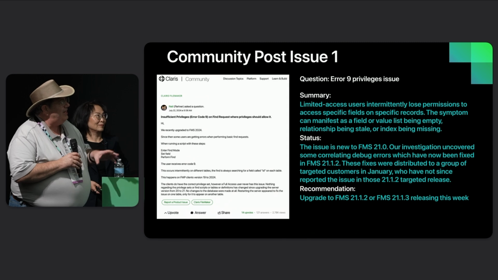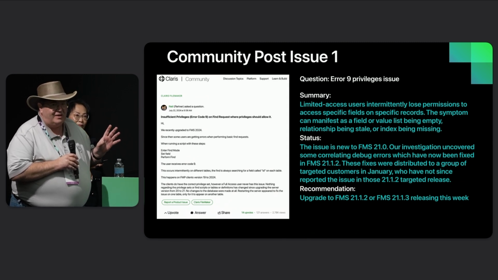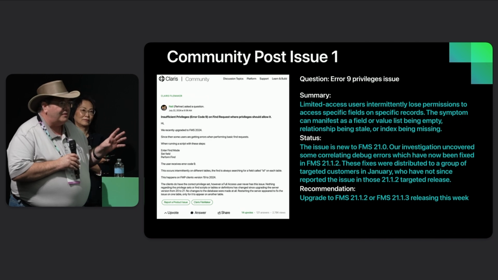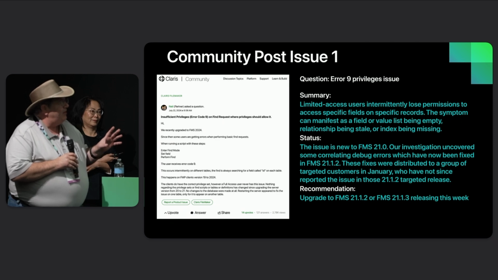It kind of exploded in a way that everyone was blaming everything on this one error. But there have been some other issues that have been fixed with the caching and how indexing is working, and those have been fixed too. And there's still one more thing that we're looking at right now with permissions